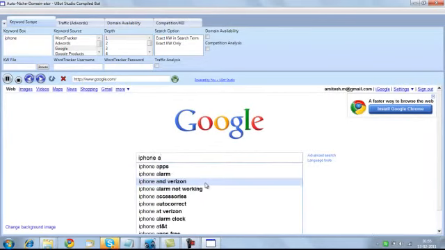As you can see, it just opened Google, and it is typing iPhone followed by the English letters. It is looping through all the suggestions that are available on Google for the word iPhone. It would take about 2 to 3 minutes to loop through all the iPhone related keywords from A to Z. So I'll just pause for a while till it finishes.